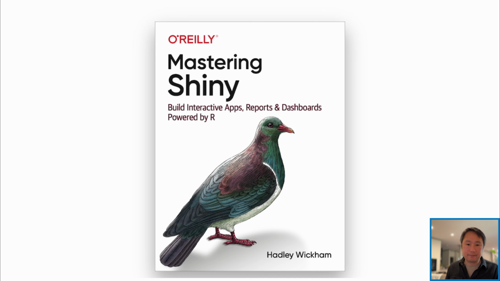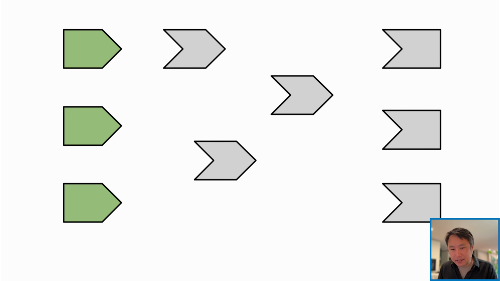reactive tracking. So this is a diagram that we use to illustrate how reactive programming works in Shiny. On the left, these shapes here are reactive values or inputs. They are pointed on the right to show that they have a value that can be read by someone coming in from the right. On the right, we have the opposite. So these are outputs, or reactive observers or reactive effects if you're in Python. So these are either outputs or code that is going to execute just for side effects.